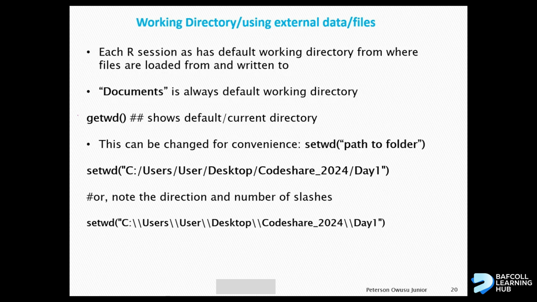And there's a function called setwd, set working directory. We just need to put the path to that folder into the setwd function, in quotations, of course. R does not know how to read the Windows path. The Windows path uses \, so you have to change all your paths to /, or you double the backslashes. And that's how R understands.